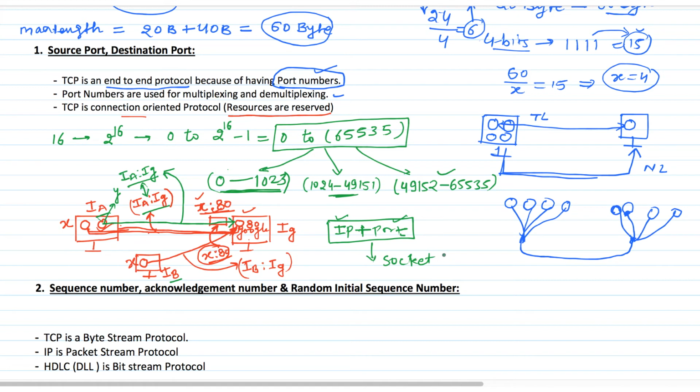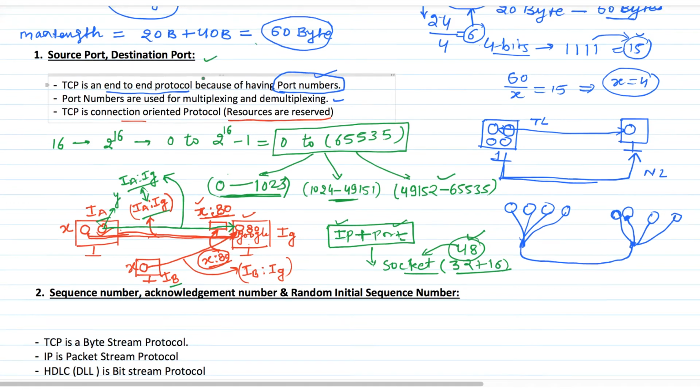So socket is basically 32-bit IP plus 16-bit port, means it is a 48-bit number. Socket is a 48-bit number and it is used to identify a connection uniquely. So this is all about source port and destination port in the TCP header. Next is,